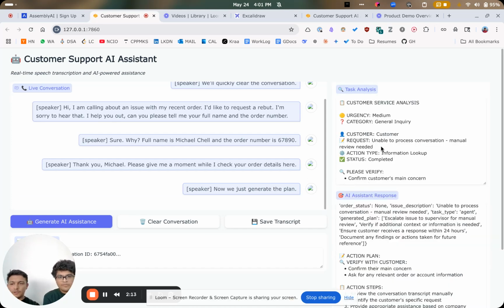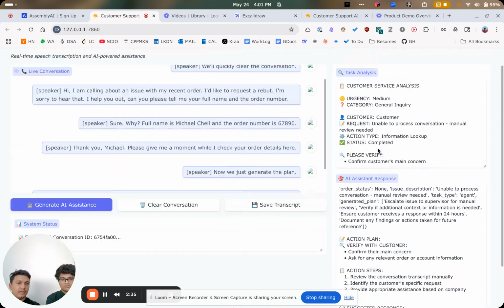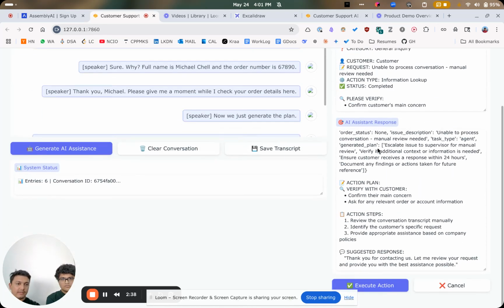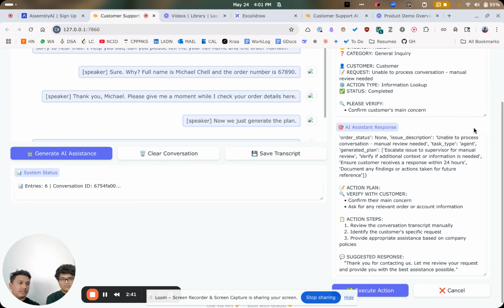Okay. So I'll give you a quick walkthrough of what's happening in the background. This whole live conversation between the two people has been understood by the speech to text module, which is basically running an AssemblyAI API for converting the entire conversation into a transcript. This transcript it processes and gives you an entire task analysis, which needs to be considered by the LLM orchestrator that we have, and the orchestrator basically processes it with the database that we have and tells what's the state of the controller, and this is what it has generated,